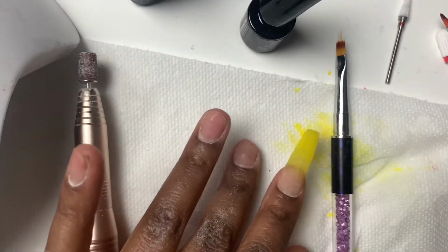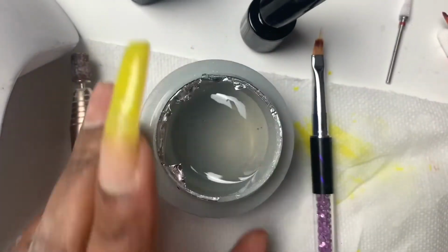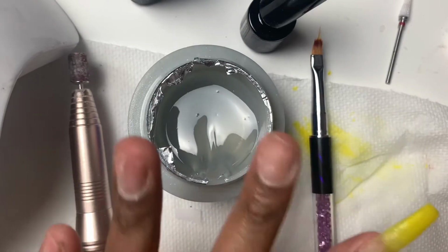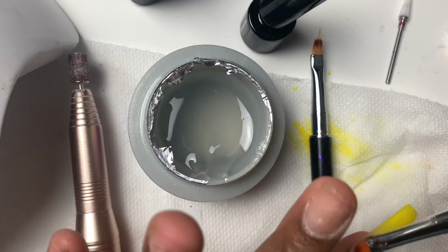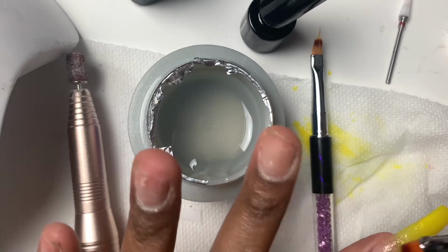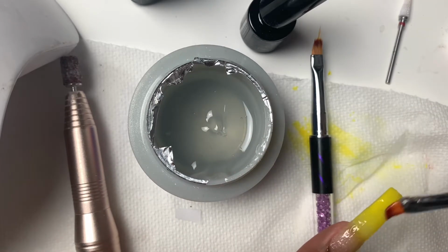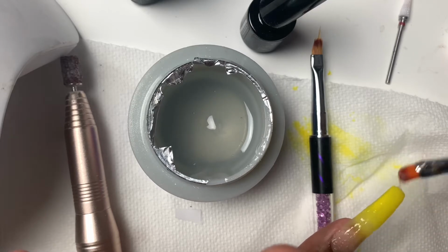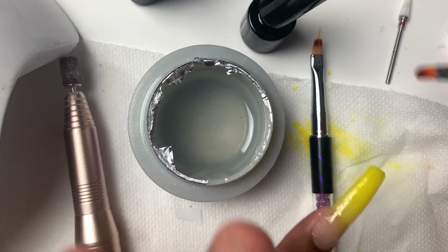So right here I am going to grab my IBD Clear gel after I have cured that in my nail lamp, and I'm going to grab just enough to encapsulate that yellow and be like a slip layer for me. Right here was kind of where I messed up. I wish I would have just put the clear layer on and then added in my Fimo slices, but I think I cured this layer and then added another layer and then added the Fimo slices, which honestly